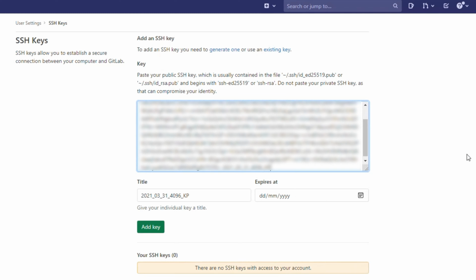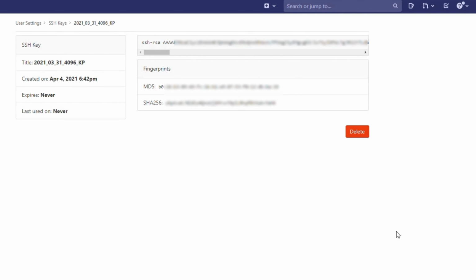You can choose an expiration date and then click Add Key. So we have an SSH key.